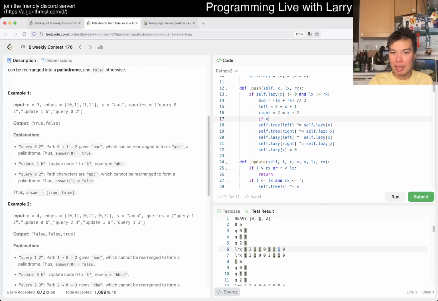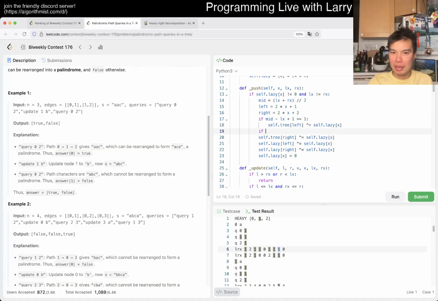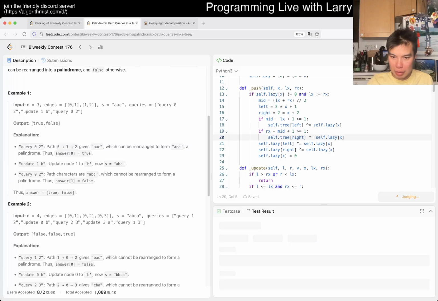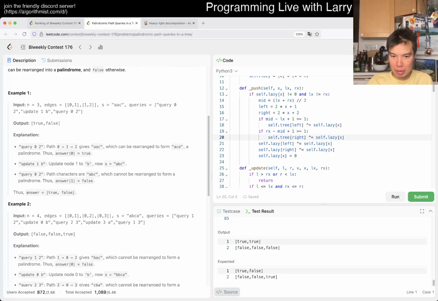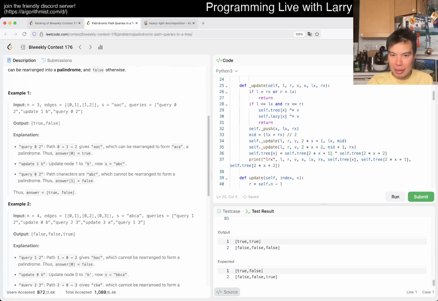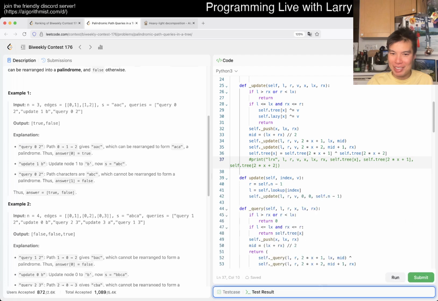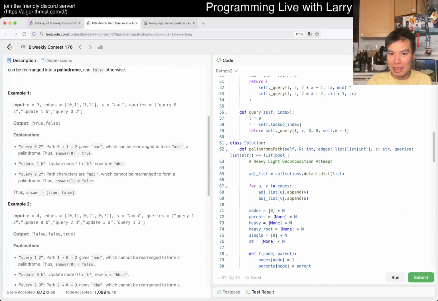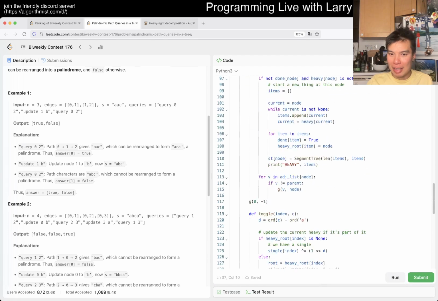Okay, so the left is lx and mid, right? So if mid minus 1 and then rx minus mid plus 1 then. Alright. I don't even know if this is gonna be fast enough, but it was the segment tree. But it wasn't a segment tree template. It was just I kind of